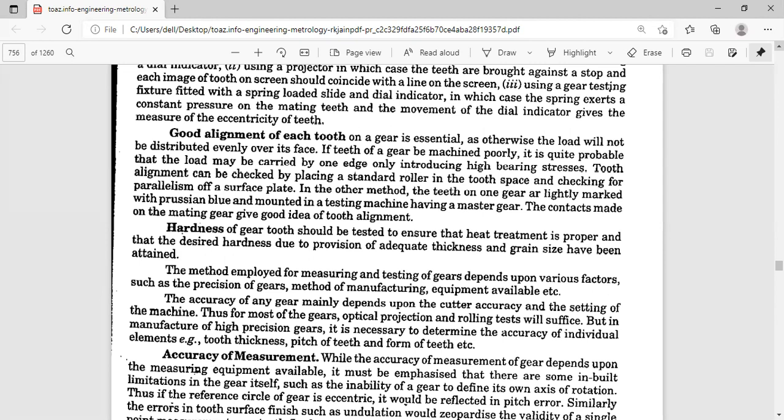We'll just try to check the particular teeth because you are applying a particular paste-like part, just like Prussian blue. Already I just discussed in the machine tools how you test the particular machine tools for the alignments. We'll just try to repeat that in the 6th unit. So this is mounted on a testing machine, alignment testing machine, which is having a master gear.